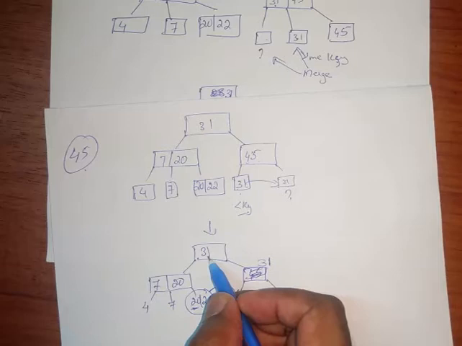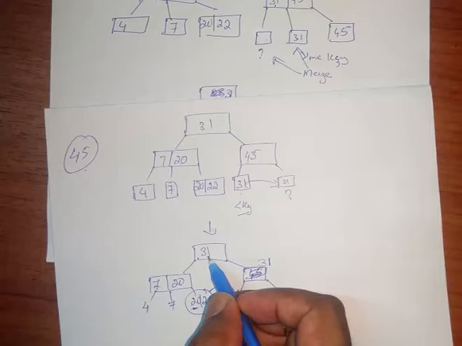In this case, if we directly move 20 and 22 to the right, that is, to the empty node, we can see that 31 is in the parent node. Its root node value is 31. So if we move 20 and 22 to the right, it becomes the right subtree of 31. But it is against the rule. 20 and 22 are less than 31, so they should be in the left subtree.